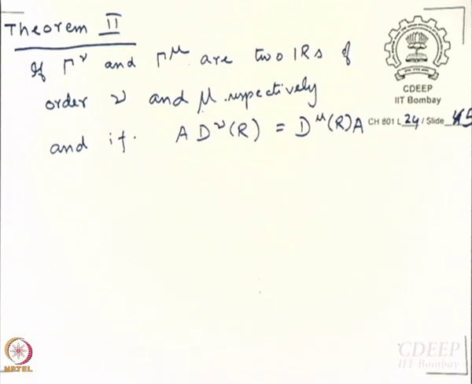See, it's going to be square only if n nu equal to n mu, right? The orders are the same. Or the dimensionalities of the two representations are the same, let us put it that way. Order, when we say order, we actually mean the whole group. So if the dimensionalities of the two representations are the same, then and then only is A going to be a square matrix. We are very comfortable with square matrices and with row and column matrices, right? We generally do not like to talk about rectangular matrices. But then the point is, if these two irreducible representations are of different dimensionalities, then A is going to be a rectangular matrix.